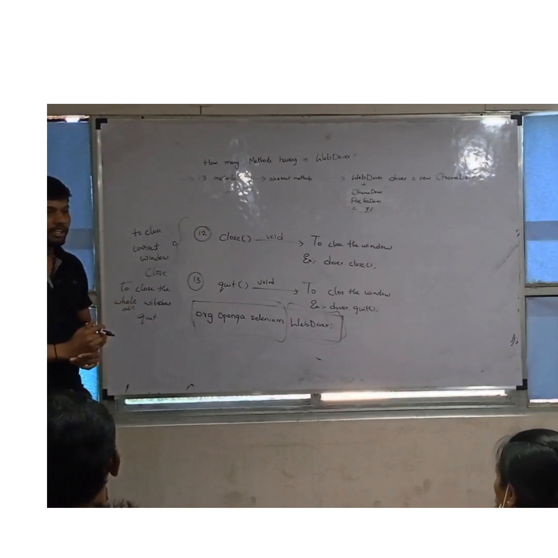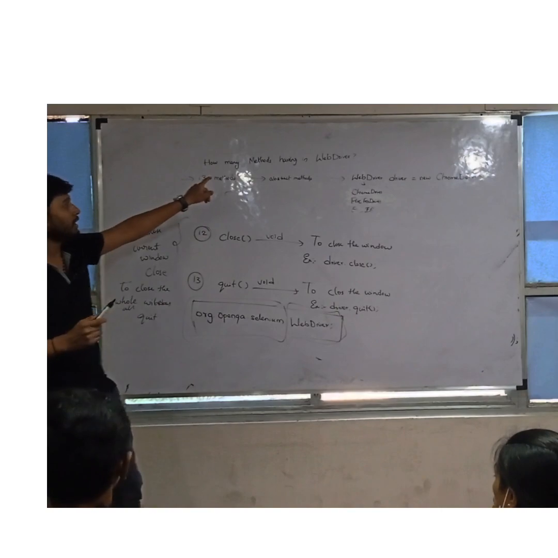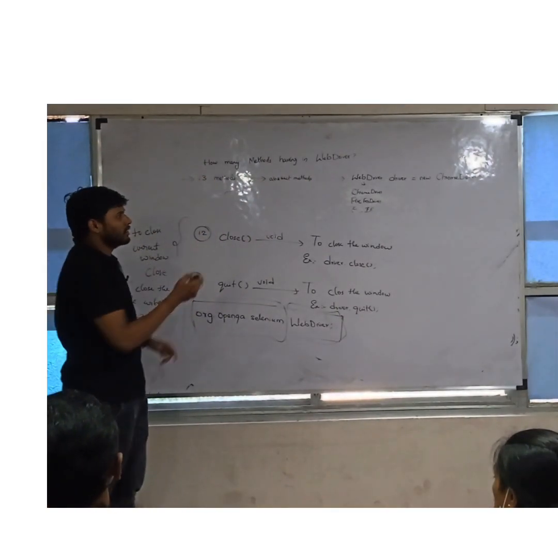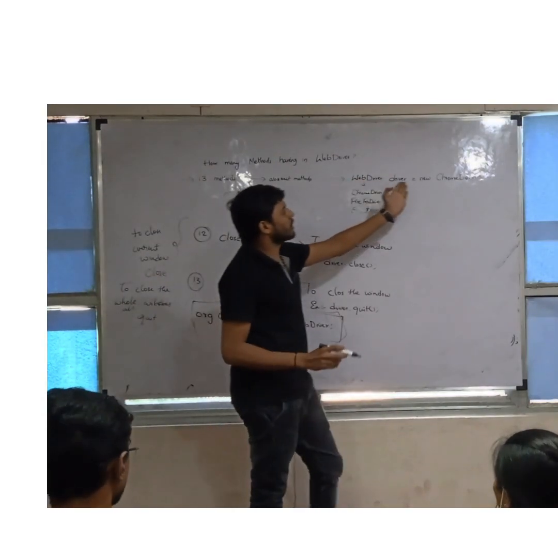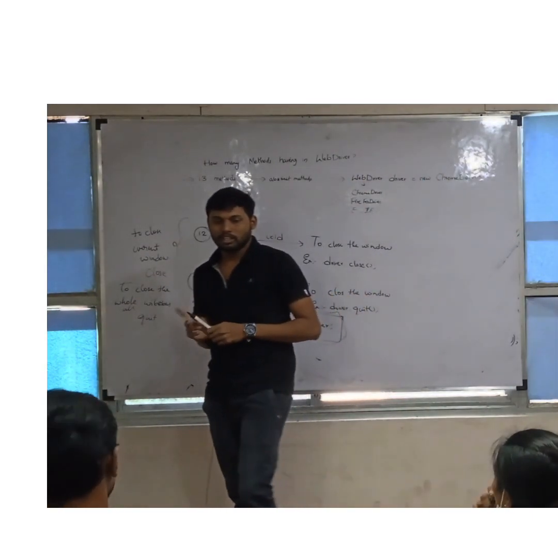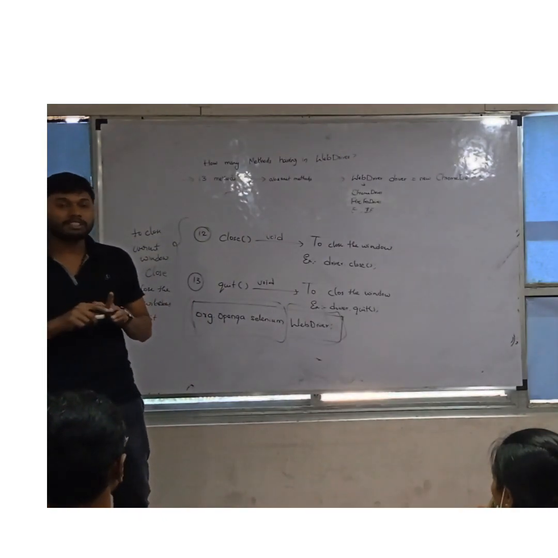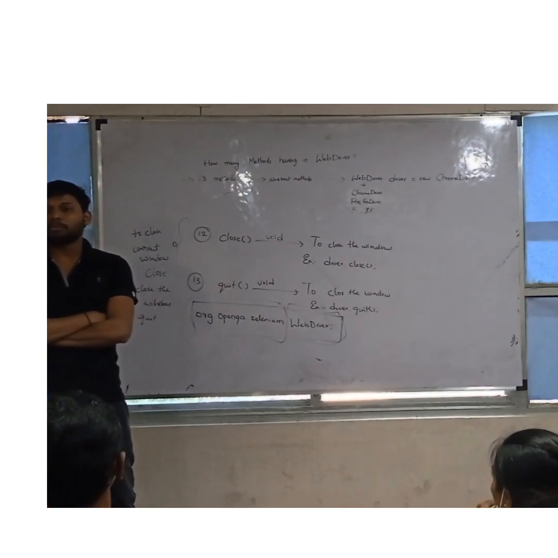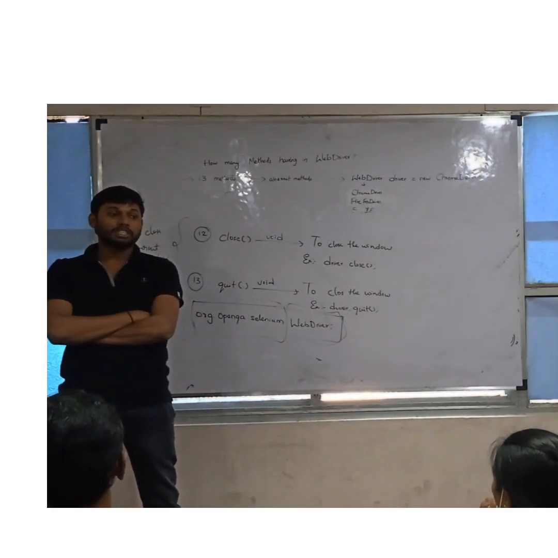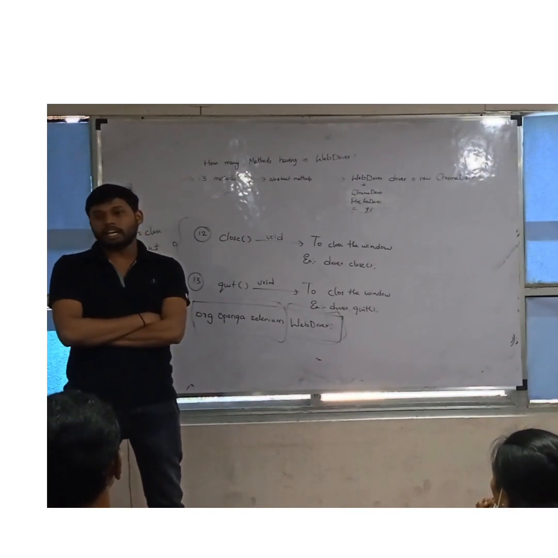Okay, this is the concept of how many methods we have in WebDriver and what they are. Why are we using WebDriver driver equal to new ChromeDriver? Because there is no way to create an object of an interface directly, so we are approaching the subclasses. Using that line of code, we can open the URL.